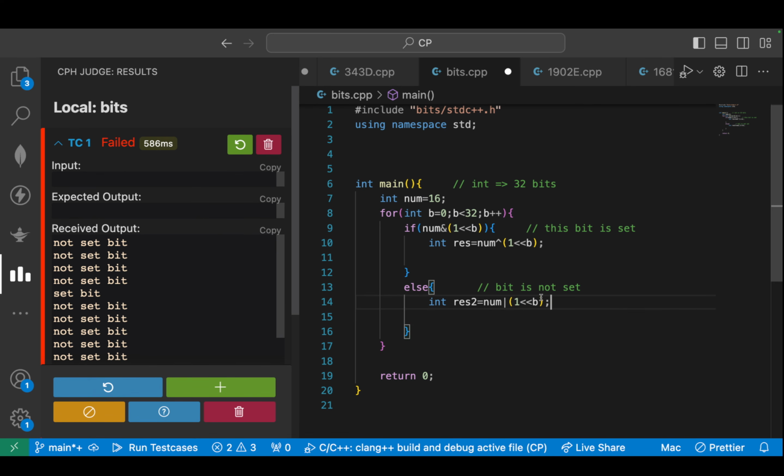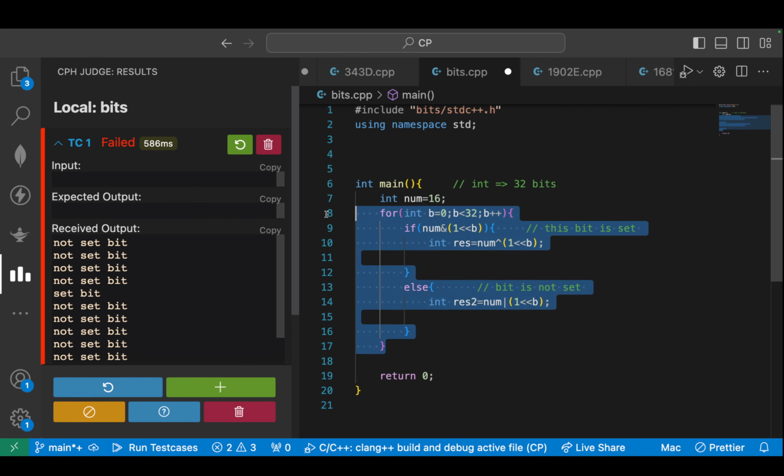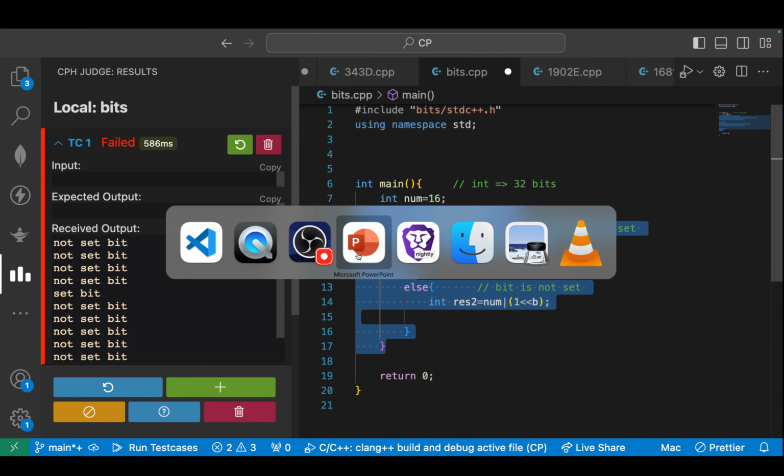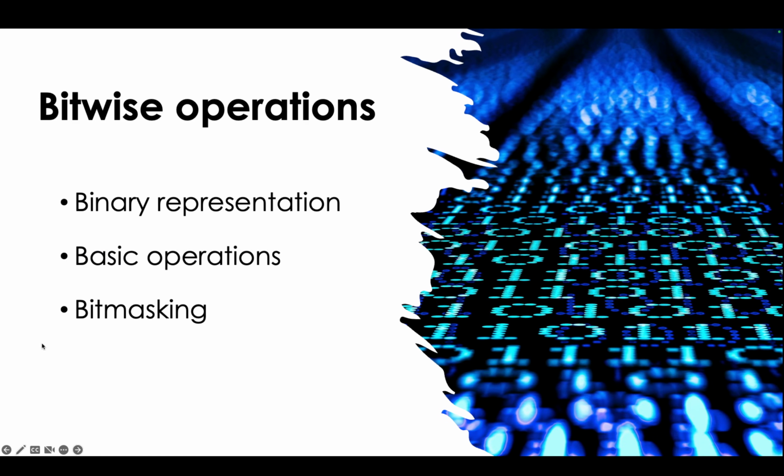So that's how effectively you can use AND, you can use XOR, and you can use OR. There are more combinations to it. If you want, I'll attach some more resources in the description which you can definitely go through to understand these things in more detail. But this is the very basic overview, and most of the time you'll be working with these things only. Now let's get to the very last topic, that is bit masking, and let's try to understand